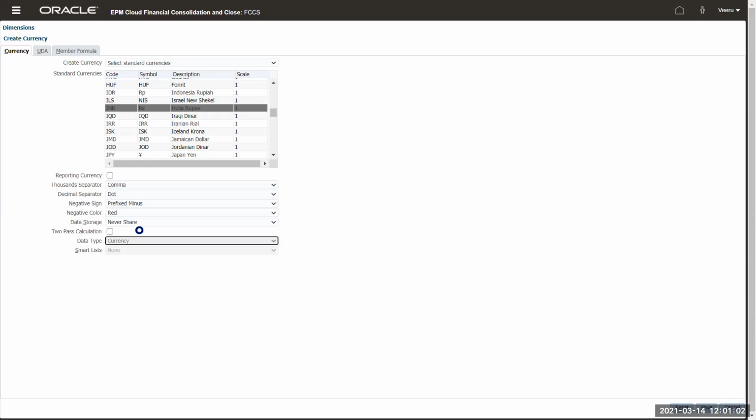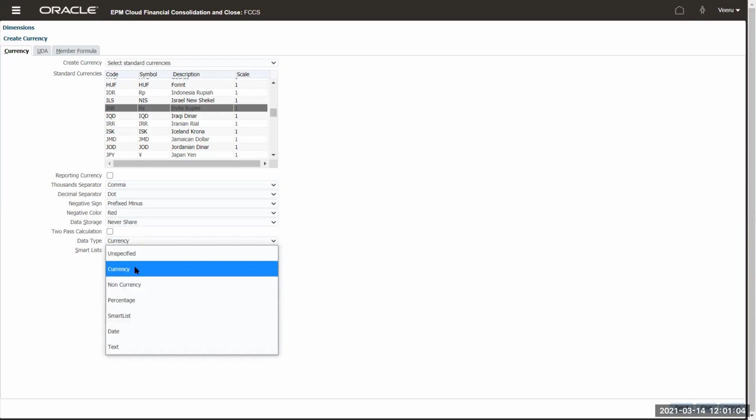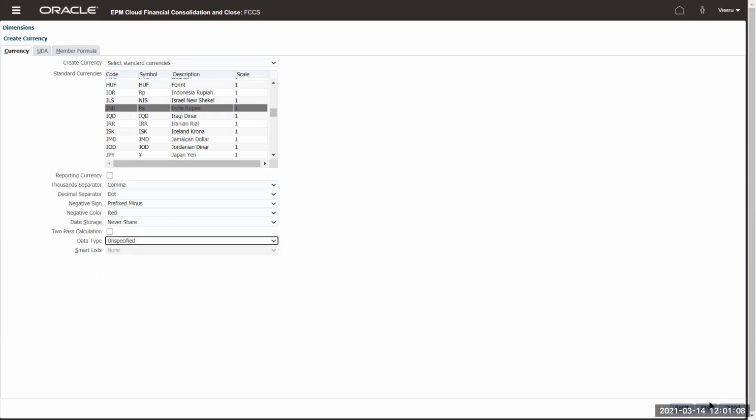Data type is usually currency, or you can leave it unspecified also. It doesn't make any difference. And then click on save. One more option is called reporting currency. If you check this reporting currency, the system will create a member. Let me save it. The system will create this member in the reporting currency itself. I'm using Indian rupees.